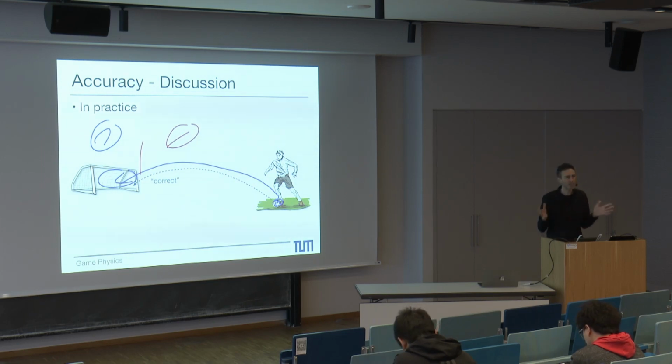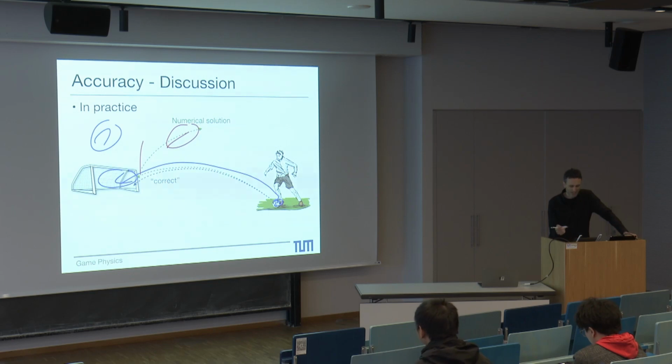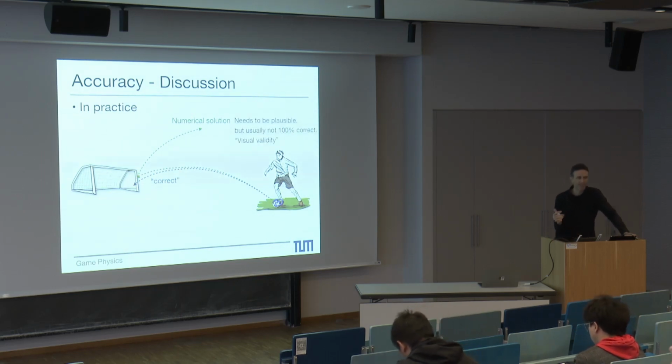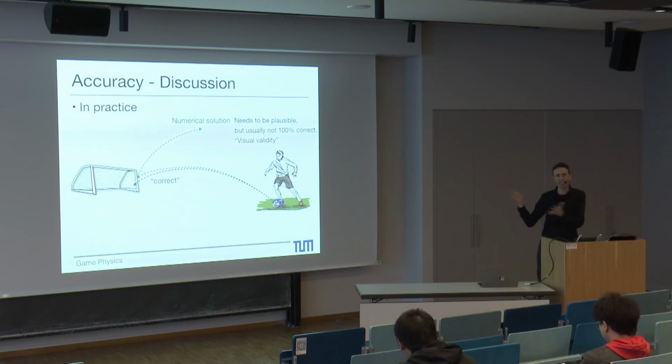But basically, from switching the method, you can rely on having a more accurate answer. Right, and for this case, it can actually make a big difference in terms of the score, right? So we can have a correct answer, and our numerical solution might just differ by a small bit, but maybe bounce off or slightly go beyond the post, and suddenly we're switching in terms of score from 1 to 0. So for the game, this is a huge difference, right? For the numerical integration, it was just maybe a small bit where it's off, but a huge influence on the game. On the other hand, it sounds drastic, right? It could be the choice between winning and losing, but